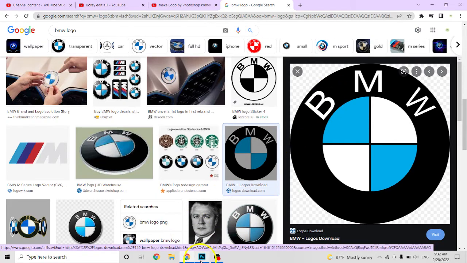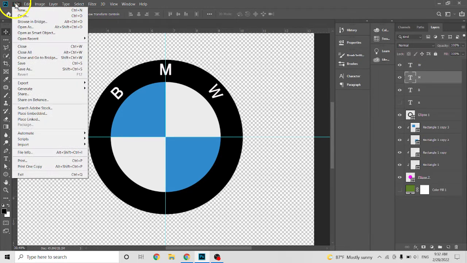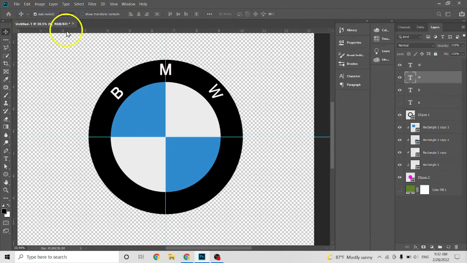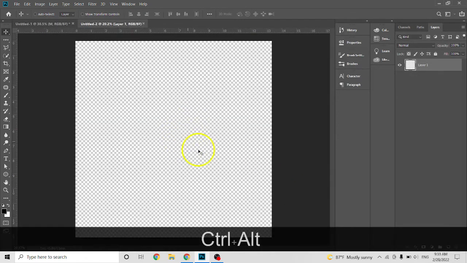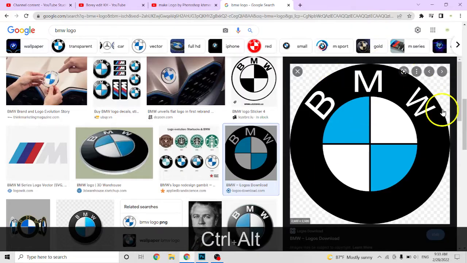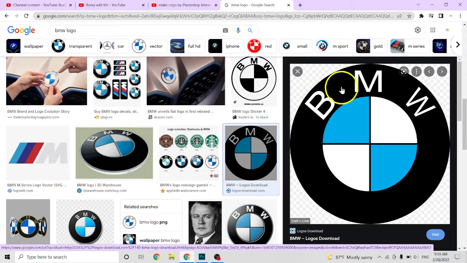So I open Photoshop and create a new file. Create new here. I make it 4,000 pixels, 300 resolution, transparent, create. So you see we use the so-called stroke. This stroke,